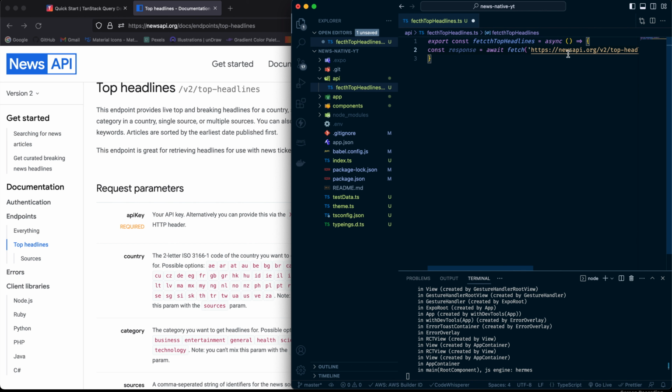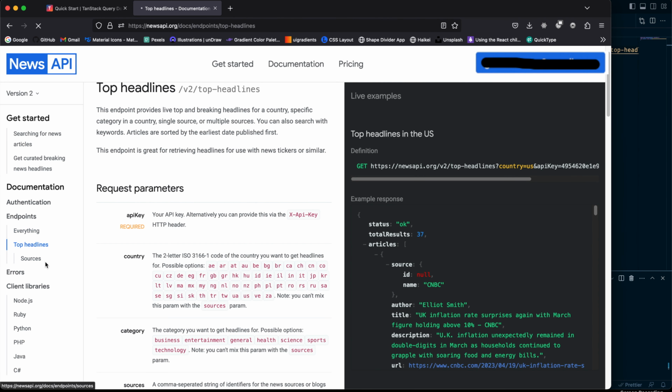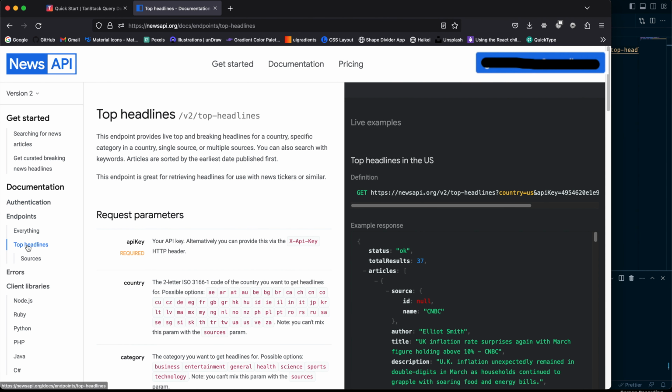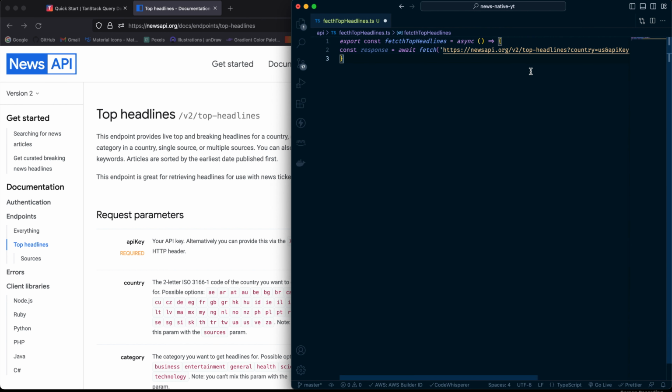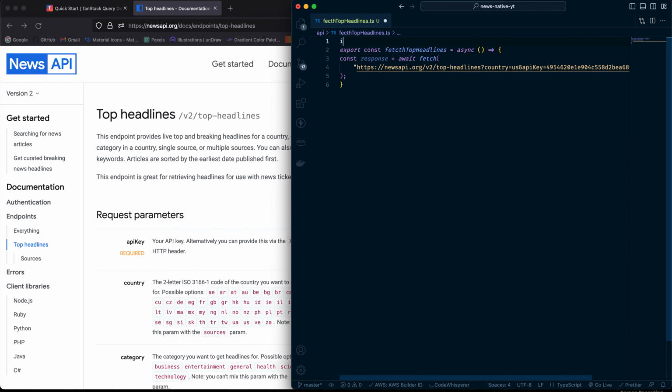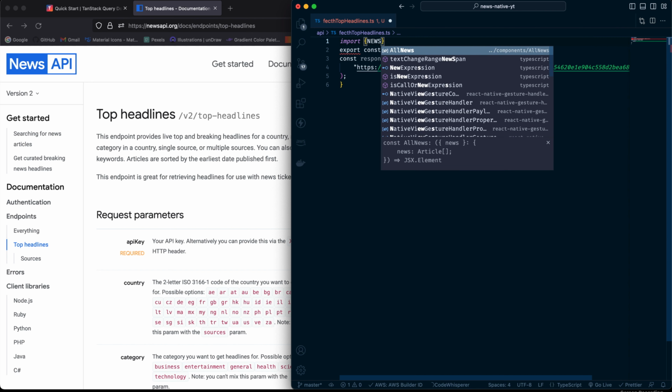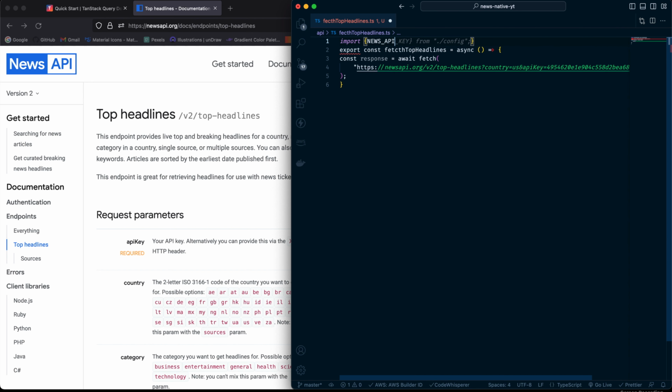Go to their web page here, go to top headlines and copy out this one right here. This will give us the headlines which we want. Let me close everything here and replace it with this one. We can replace some things here. We'll get an env variable, so import NEWS_API_KEY